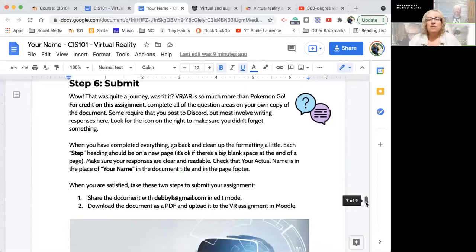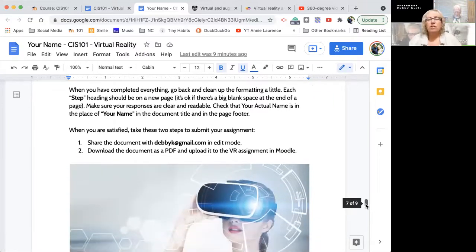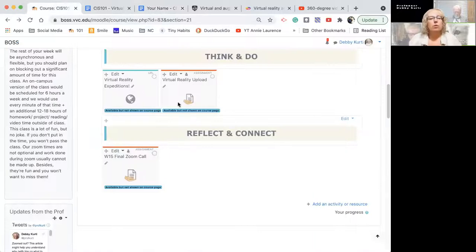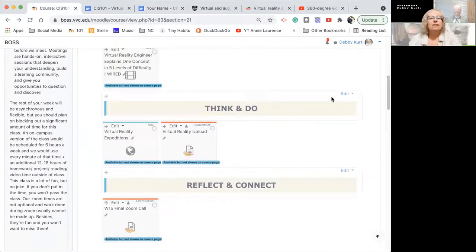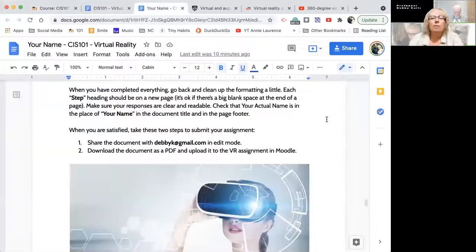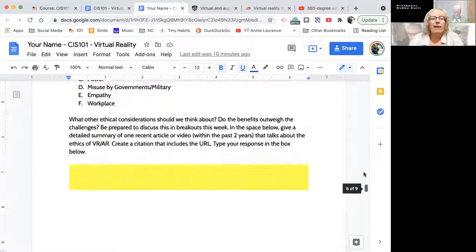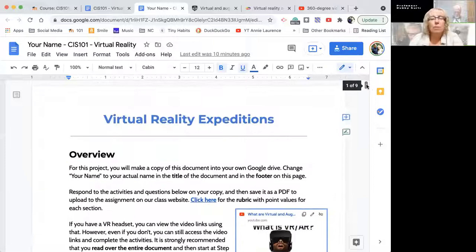And then here's the steps to submit. You're going to share this document with me, and then you're going to download a document as a PDF and upload it to the assignment that's in Moodle. That's the virtual reality upload here. So it looks a little deceiving. There's one button, but there's really quite a bit behind the one button,